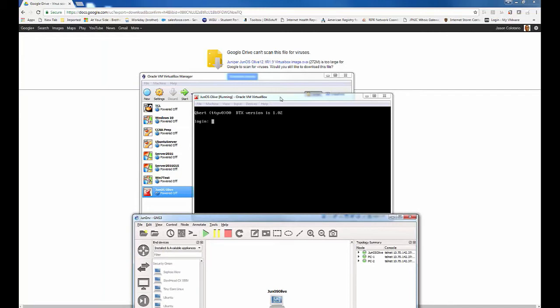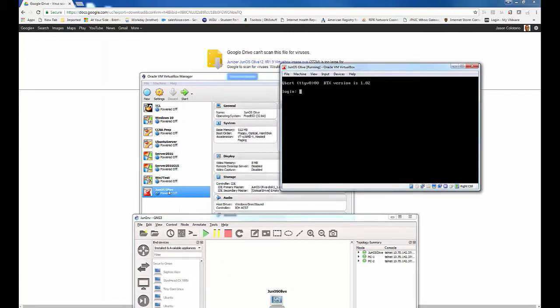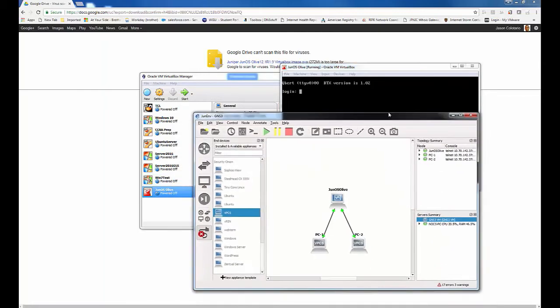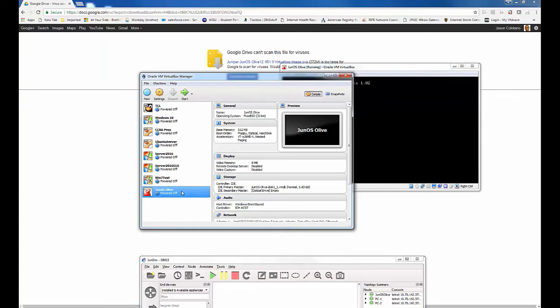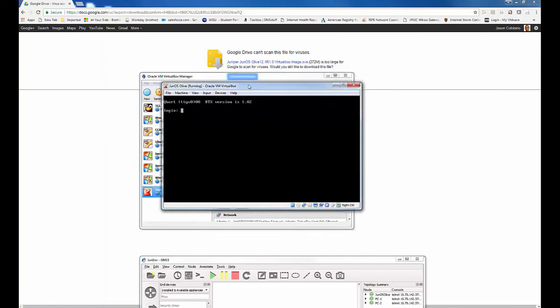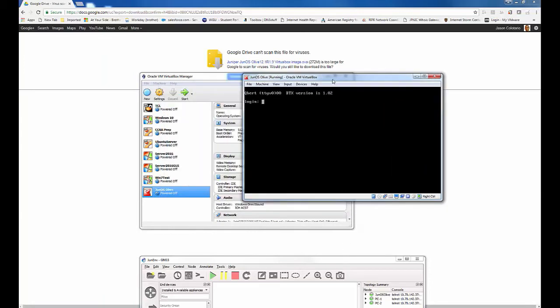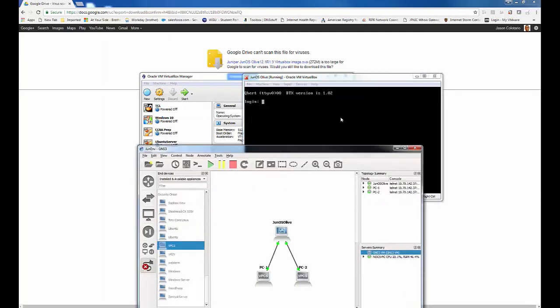What you do is you power it off in Virtualbox Manager, and then you can see it shows powered off here in the virtual machine window. It shows JunOS Olive powered off, but then you see this window here and it shows JunOS Olive running. The reason for that is because you actually do power off the JunOS Olive virtual machine inside Oracle VM VirtualBox Manager, so that when you get ready to start up